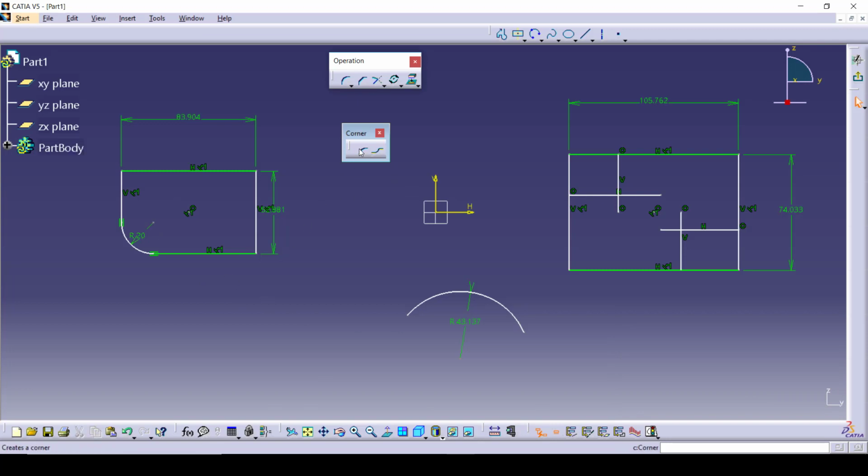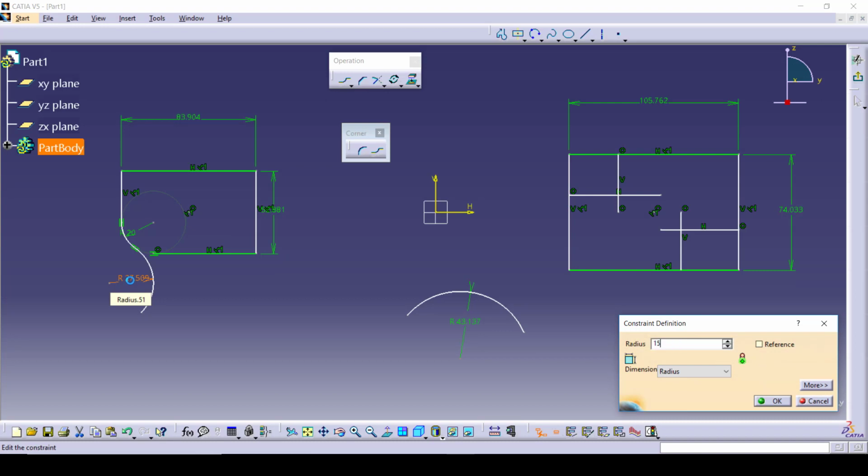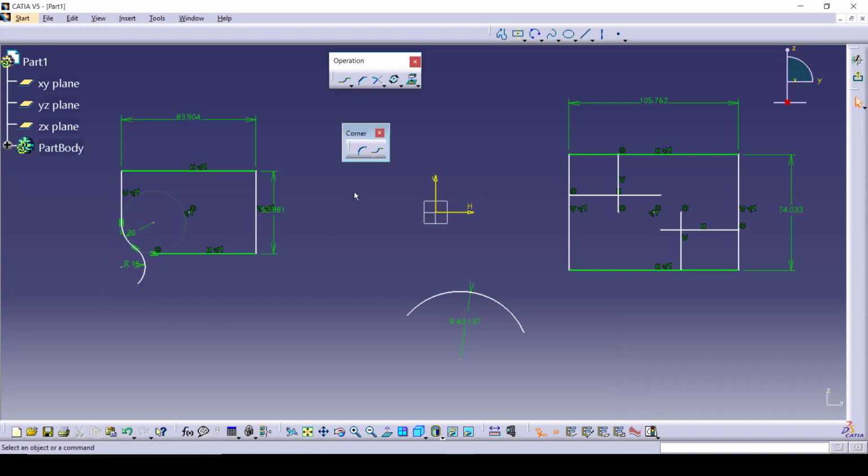In the same fillet you have one more tool called tangent arc. For example, if you want a tangent arc from this arc, select the arc or the segment or the curve from where you want to get the tangent. Select the start point, select the end point and select the corner where you need to locate, and just define the radius whichever you require. So this is how the corner toolbar is performed.